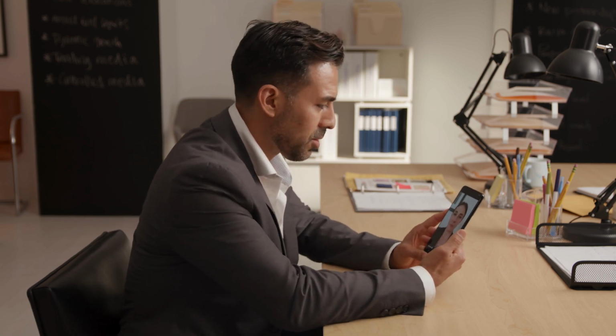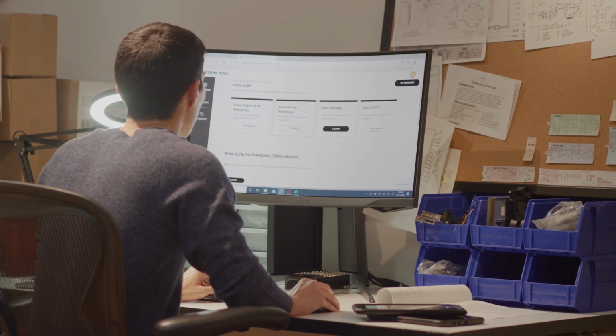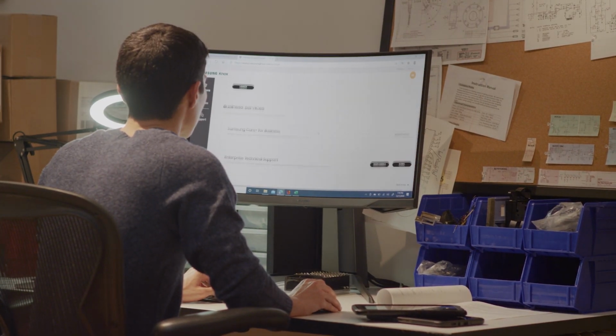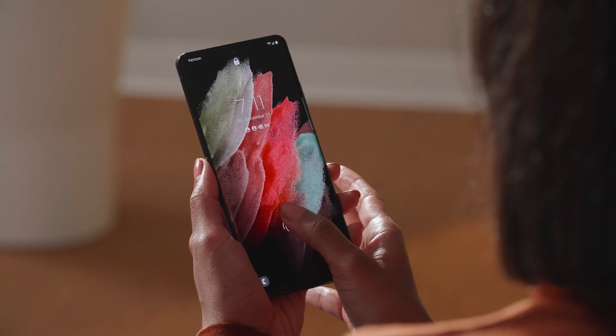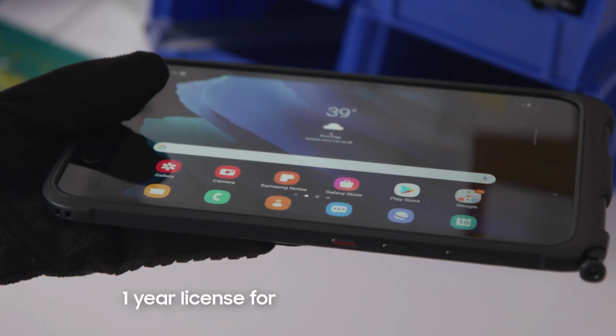That's really what our Samsung Galaxy Enterprise Edition is all about. It's our commitment to enterprise customers. We brought together a complete package of mobile management solutions combined with ongoing support and availability to ensure a successful deployment. Enterprise Edition devices like the Galaxy S21 and the Tab Active 3 come with a 1-year license for the